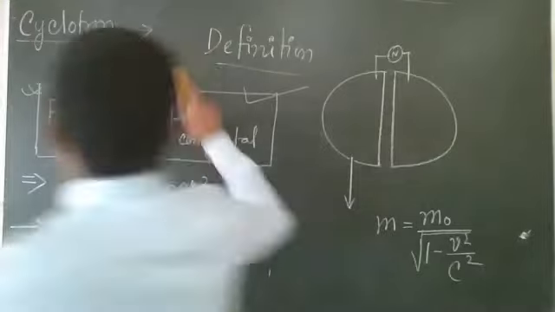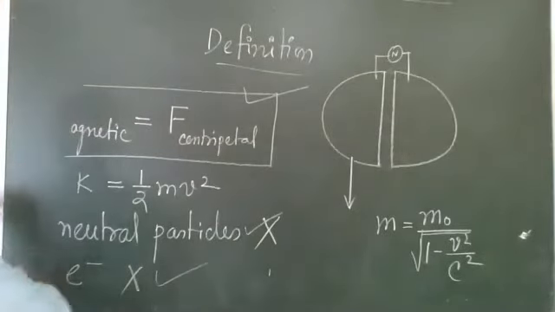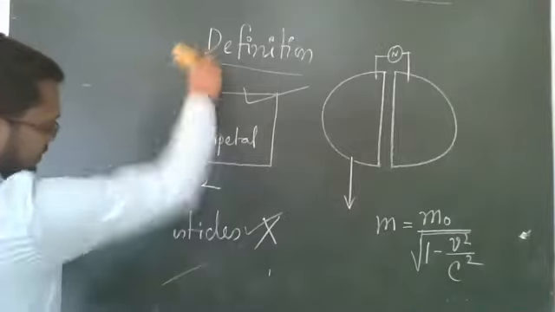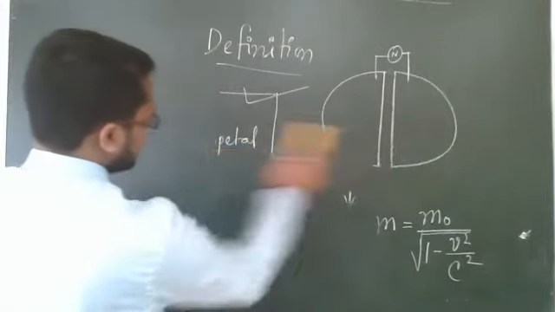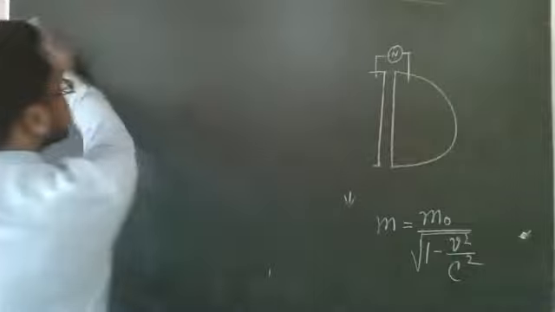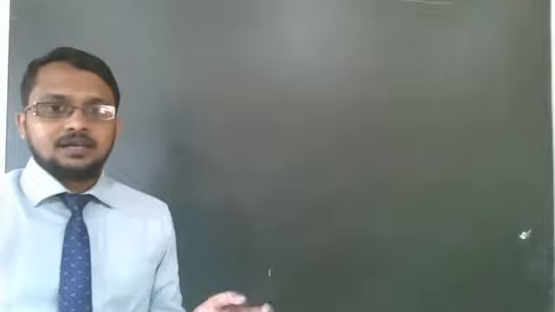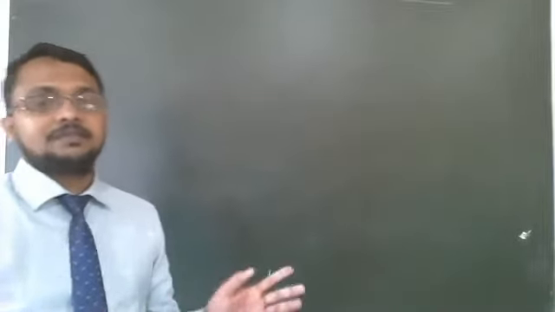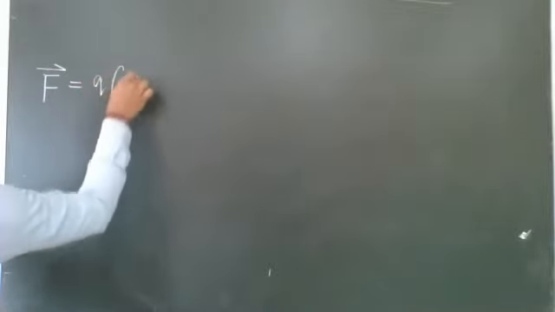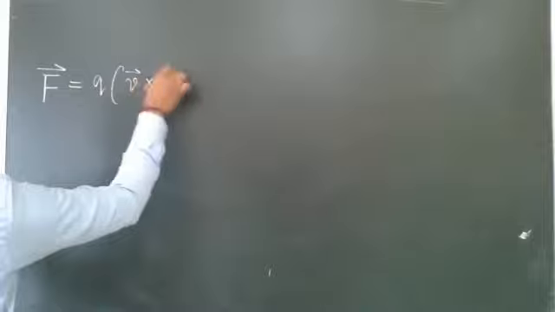Next, we come to force on a current carrying conductor. As there is a force on a moving charged particle, inside the current carrying conductor the charges move through the conductor. If the conductor is placed in a magnetic field, then each charge will experience a magnetic force. Taking the combination of all charges, the conductor will experience the magnetic force. So we get the same kind of formula as for a charged particle: the force is q v cross B.